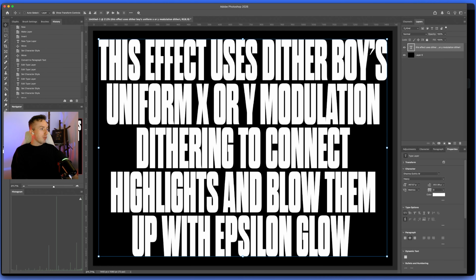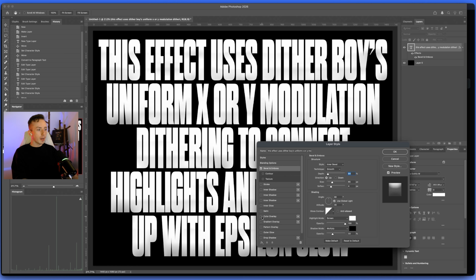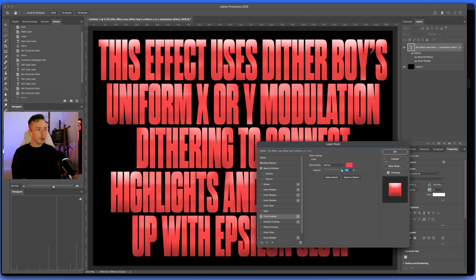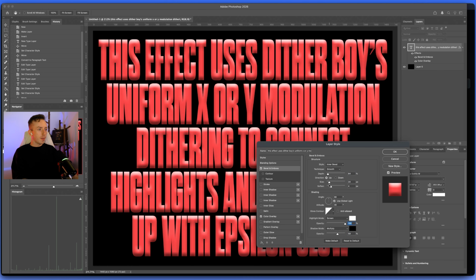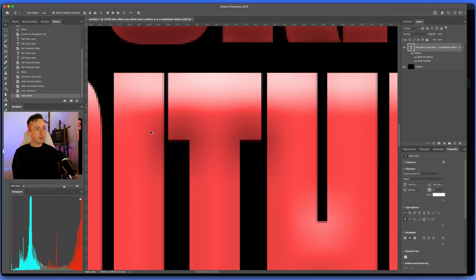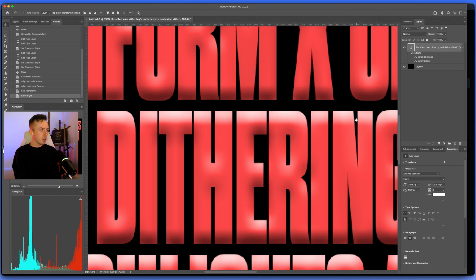So I wrote this out before just to make sure I actually had something in here, but I've just got a regular text layer. The font I am using is called Dharma Gothic M. It is on Adobe Fonts, but there are some similar ones as well. I use Druk, which is very similar to this. And I'm going to go bevel and emboss, and I'm going to go color overlay and set the color overlay to red. And then in the bevel and emboss, I'm just going to turn up the shadows and the highlights, and then just lower the size until I've got this very clear line of highlights along the top of each